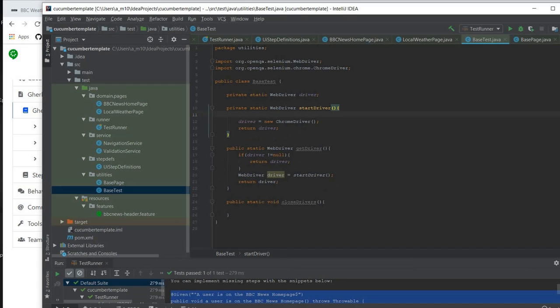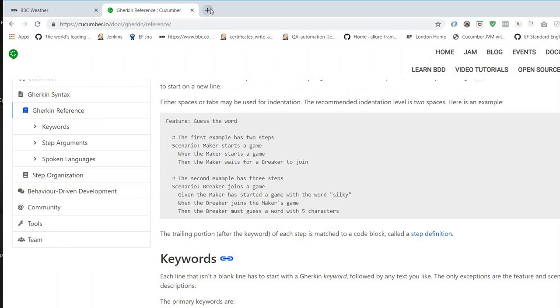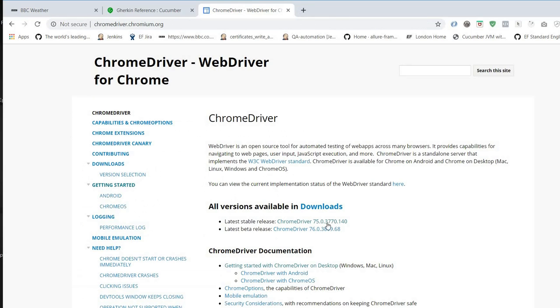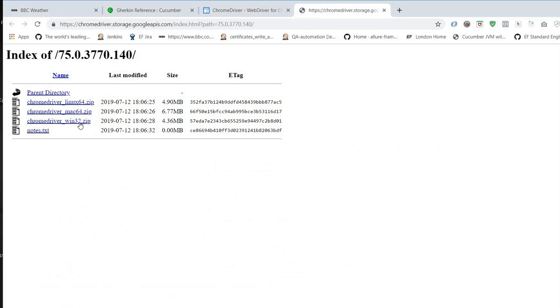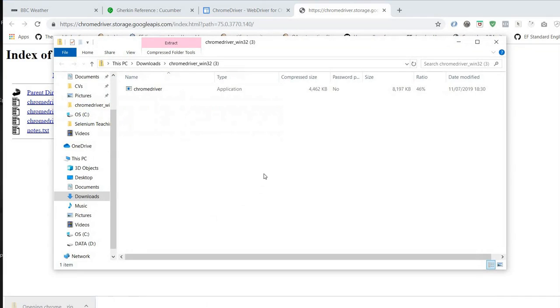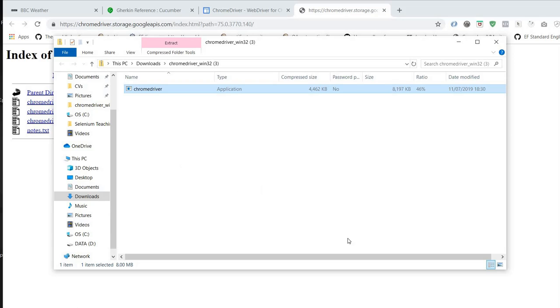So for chromedriver, it's not going to work. We're going to have to install the chromedriver exe for us to basically run our tests on Chrome. So let's do that now quickly. As simple as this, you go to chromedriver.chromium.org, get the latest stable release. So for Windows, take it, zip it up. So you unzip it, and then place that location wherever you wish. I will place that